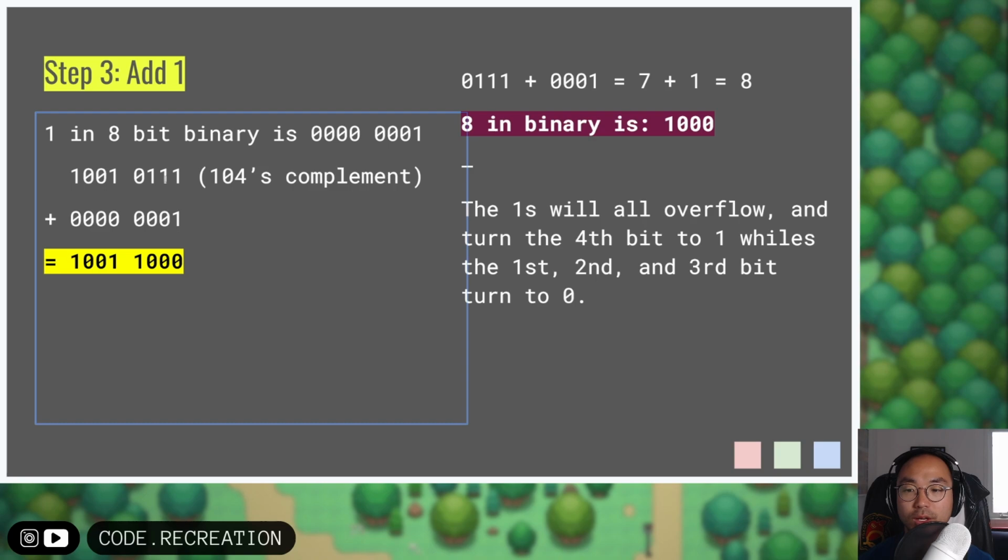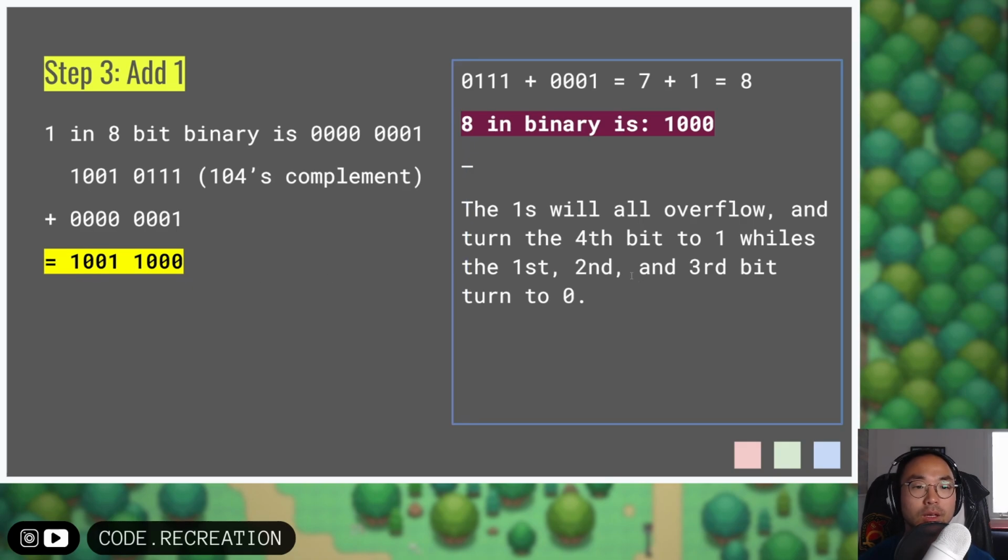So there's 1 plus 1 that creates a 0, so we do 0 plus 0. There's that, and another 1 comes over on this line, and it will be 1 plus 1 that creates an overflow, so we have a 0 plus 0 remaining, and then there is no 1 here, so there's no potential overflow. We just end up adding 1 plus 0 to get this 1 right here. Therefore, a negative 104 is